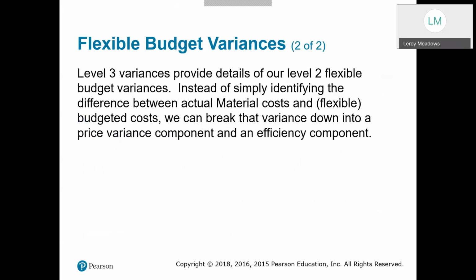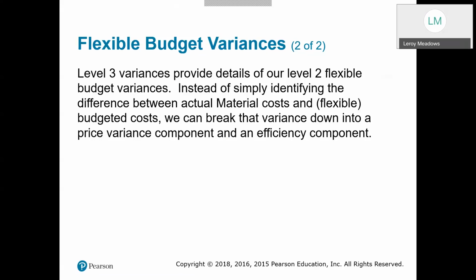So let's take a look here. Now, the level 3 variances give a detail to our level 2 flexible budget variances. And instead of simply identifying the difference between the actual material cost and budgeted cost, we're now going to break that variance down between the actual cost per unit of materials. We're going to break it down into two more components: a price variance component, or the difference we paid in